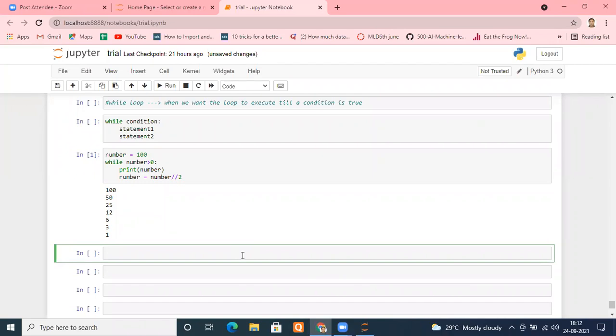Suppose I want to turn on a system. There is a system which I turn on, and the system will remain on till the user says to shut it down. I'm repeating once again: I want to turn on a system, and this system will remain turned on till the user says shut it down.